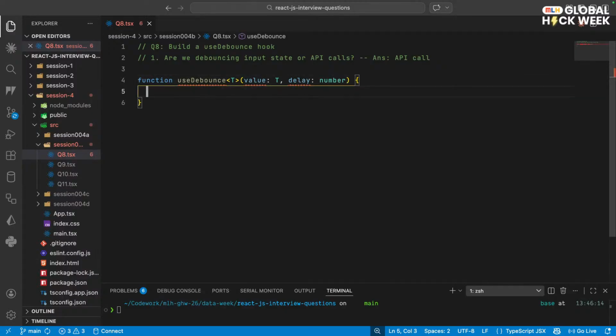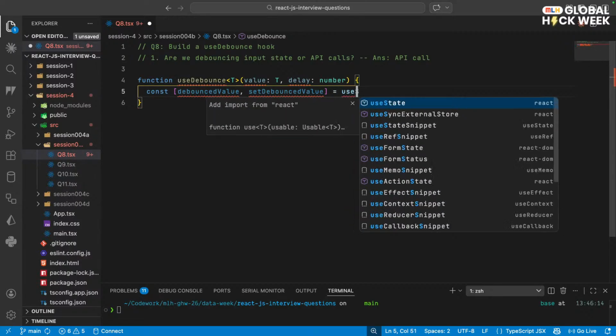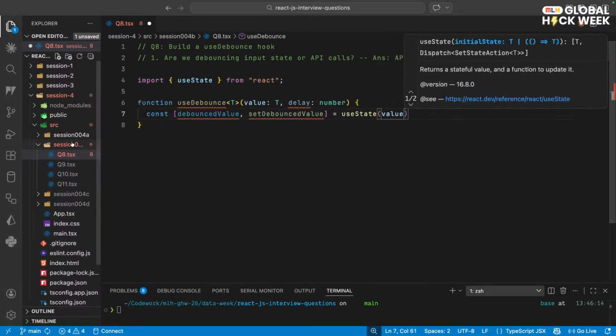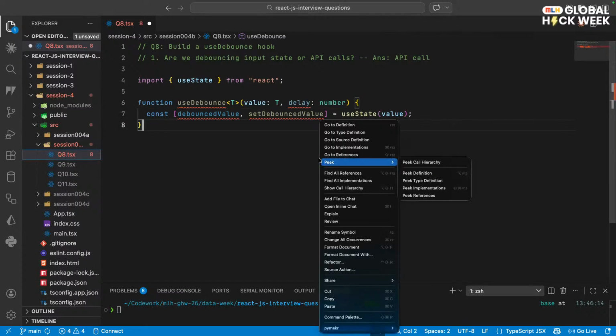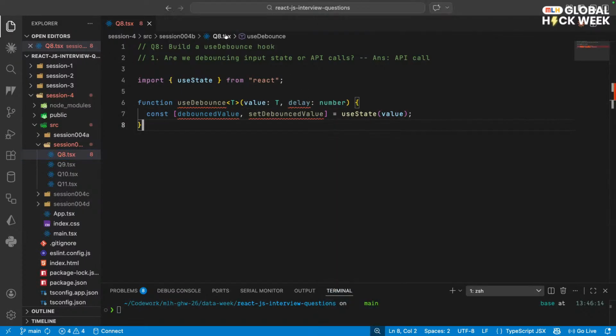Now I can create a state variable. That's how I would go about it. So I will say debounced value, comma, set debounced value, and I'm going to say use state of the value, whatever is the input. So what am I doing here? I have created a state variable to keep track of the input value, for example. Now I can simply use effect,